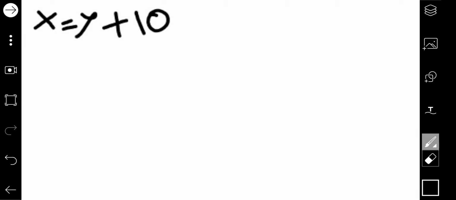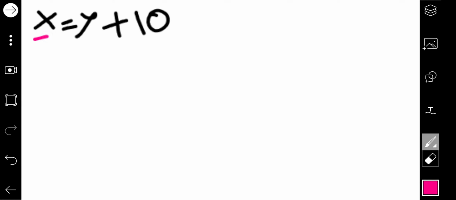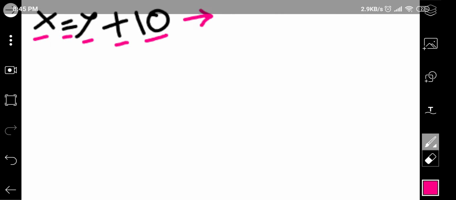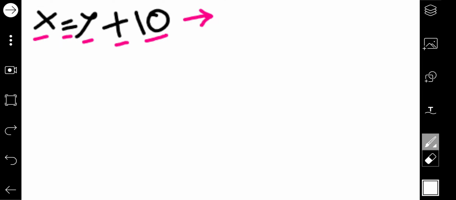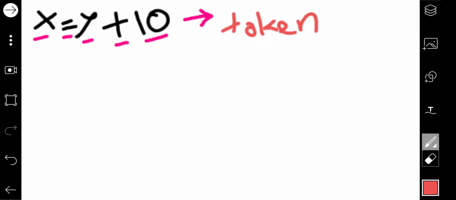Now suppose you're writing a simple line, that is, x equal to y plus 10. So what happens in lexical analysis is that the entire line is broken into a few pieces, and after breaking into all these pieces, each of the pieces is called a token. So first it will break into x, then equal, then y plus 10.